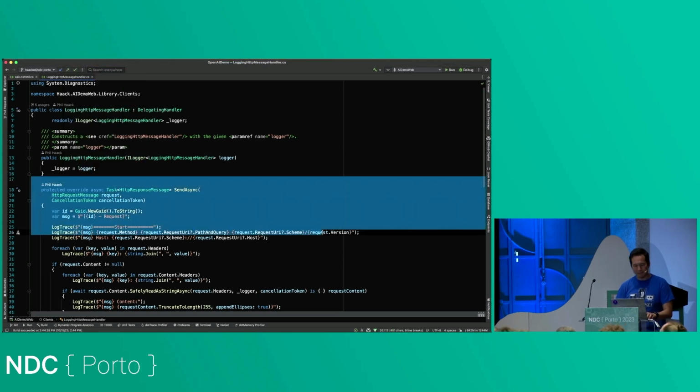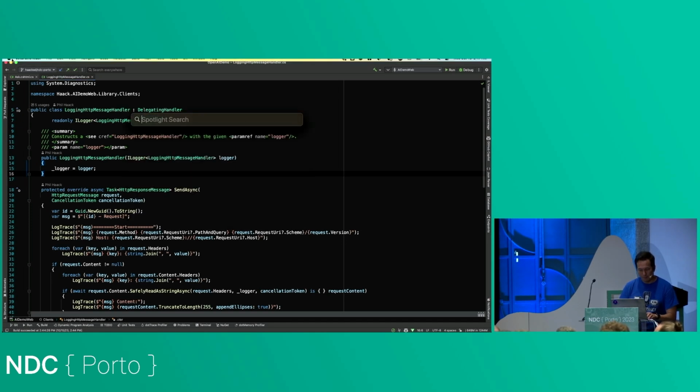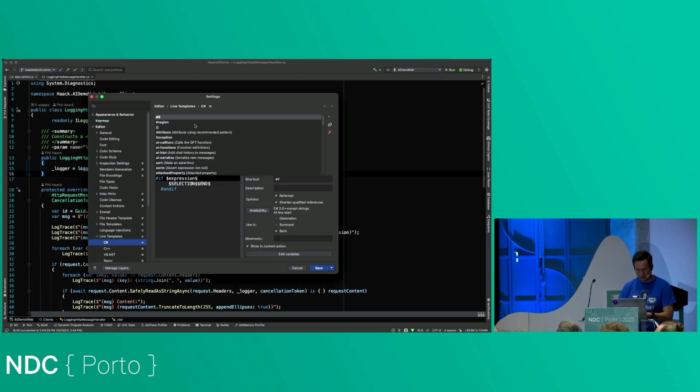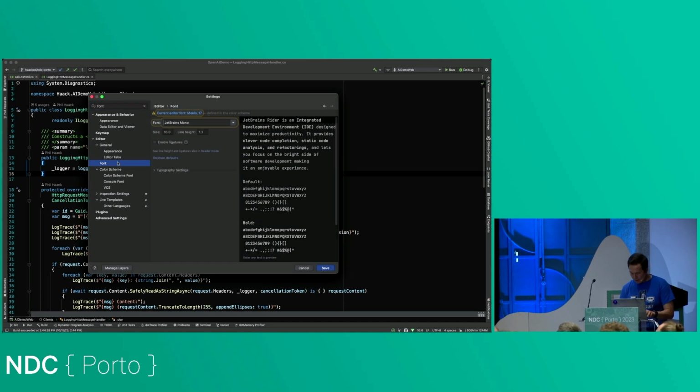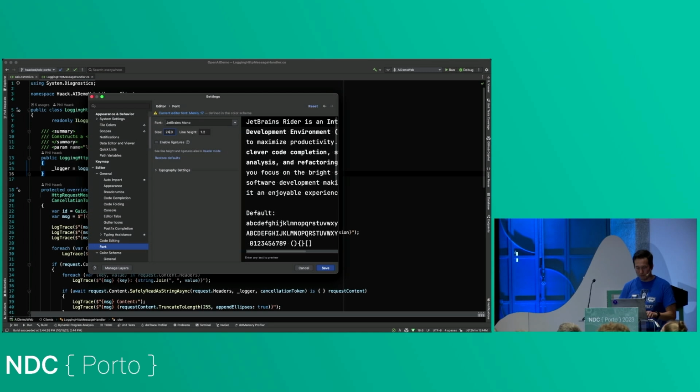Man, this is really, okay, can you kind of read that, or is that really too small? That's too small, isn't it? All right, there's like a file, what was it, settings. Yeah, it should be on the bottom, but I don't see anything. Font. Presentation mode, how do you do that? Okay, 24.